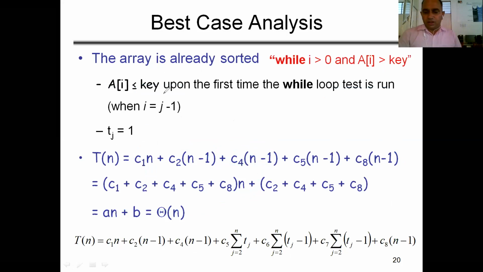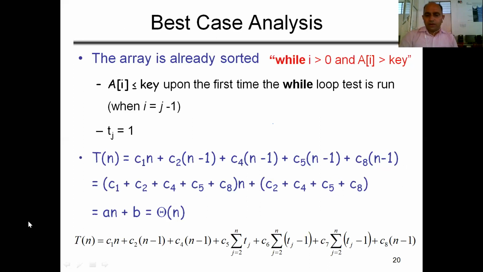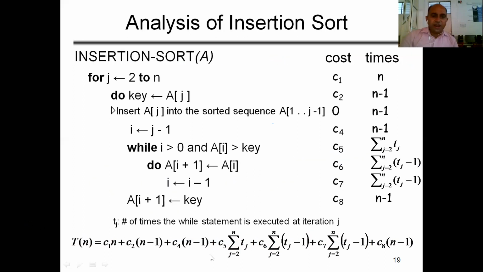Now, in the previous slide, we said that for this last line we have the total cost expression. We cannot calculate the total cost directly. We have to consider cases, because we don't know the value of tj. What is tj? c1, c2, c3 are constants, but tj is a variable. So we have to consider some case: best case, worst case, or average case. How do we calculate the equation of this line?